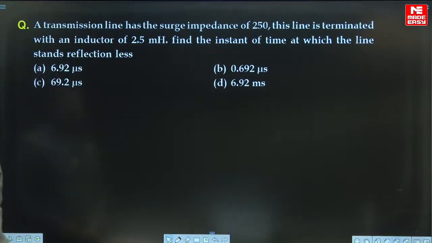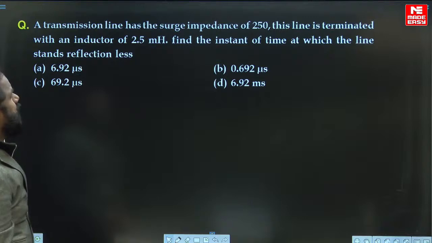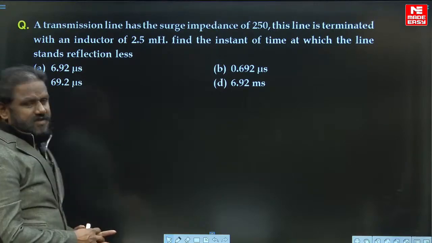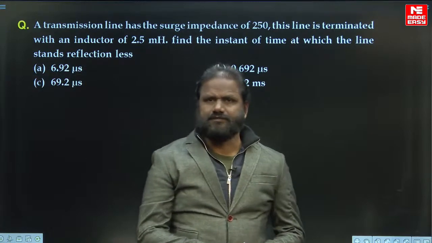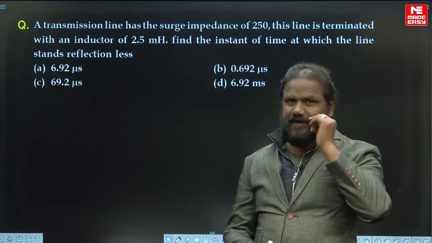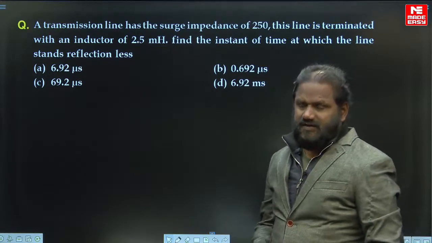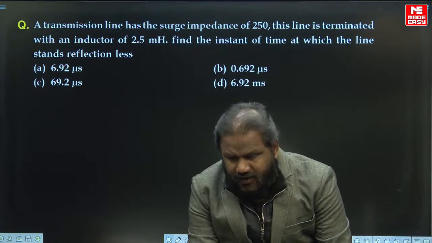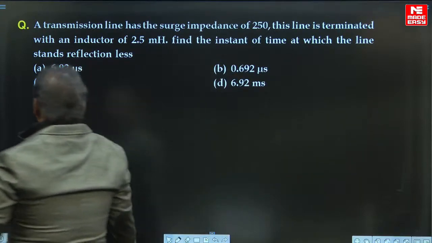Next, a transmission line has a surge impedance of 250 ohms. This line is terminated to an inductor of 2.5 millihenries. Find the instant of time at which the line stands reflectionless. Beautiful question. Termination of the line with the inductance. Normally what is happening is the termination of the line that you can have is